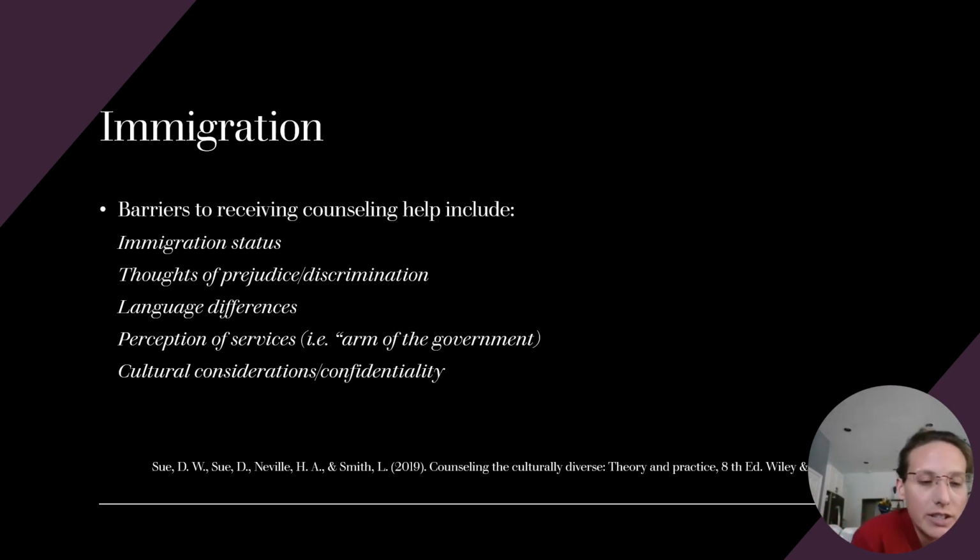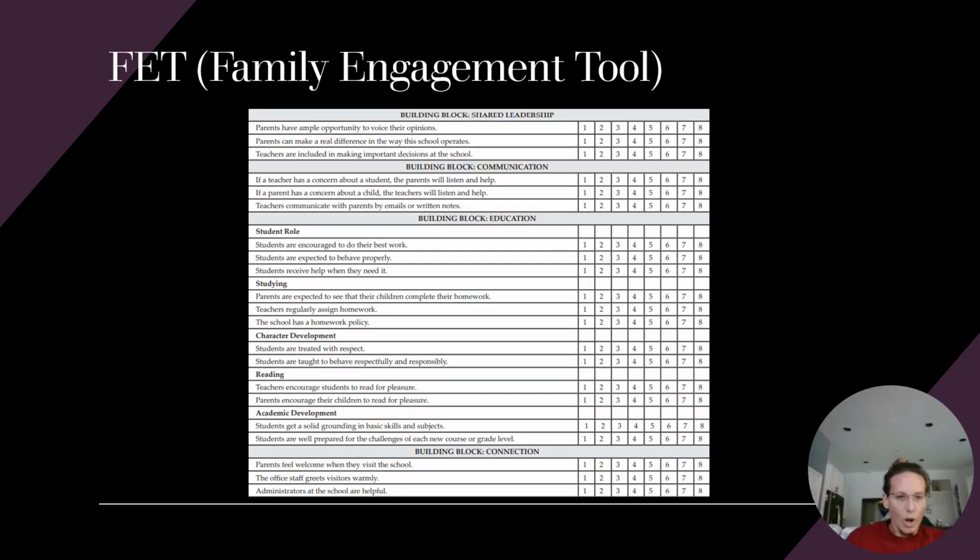And then cultural considerations. There are so many families and cultures where counseling is not exactly welcome because they have that mentality of, keep it in the family. Any familial issues, we're going to keep that private, to where counseling is not exactly welcomed. So in order to get our parents engaged in school, not just participating, but here and engaged, this family engagement tool is really awesome, and I have a handout for everybody too.